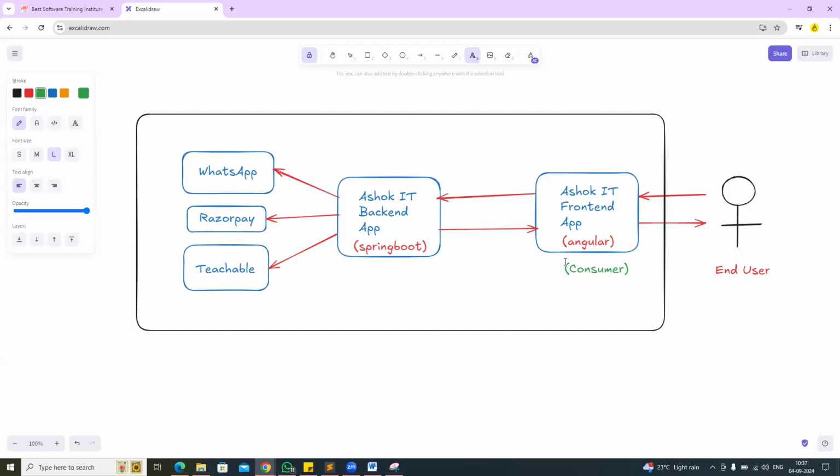Ashok IT front-end application is a consumer application, and it is a provider for the front-end application. Yes or no? This Angular application is available, which is a consumer. So this is communicating, getting the services from Ashok IT. So the Ashok IT backend application is acting as a provider for the Ashok IT front-end application, and